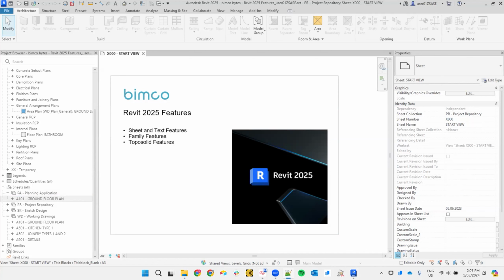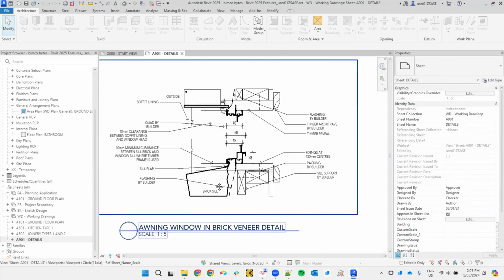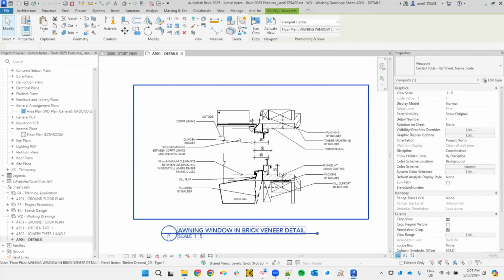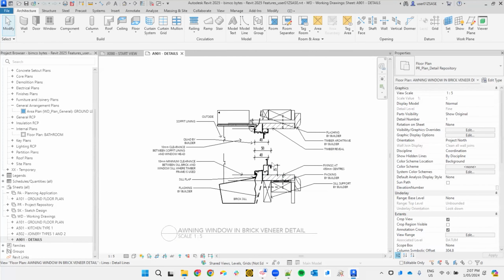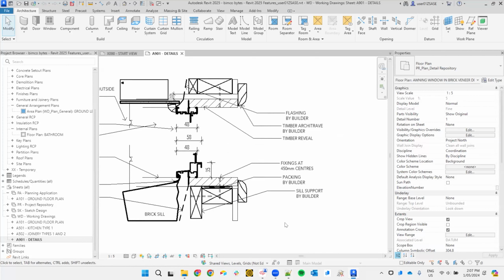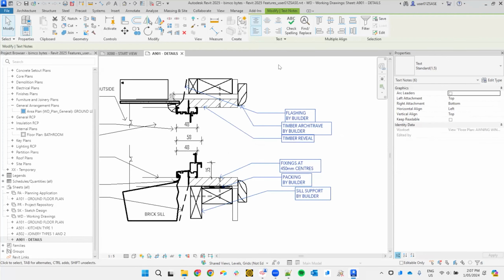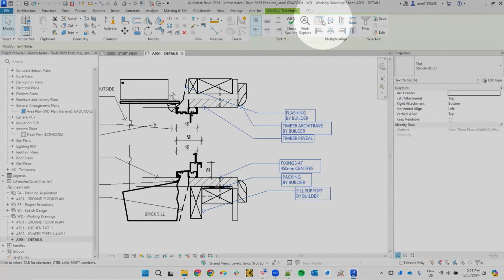Okay, heading over to a detail now. We now have the multiple align tool, which used to be available only through an additional add-in or series of add-ins. So we can see here we've got a detail. The text has been thrown across the page, somewhat messy. What you can do is select the text or multiple text items, and we have these multiple align tools. So we can align to the top,